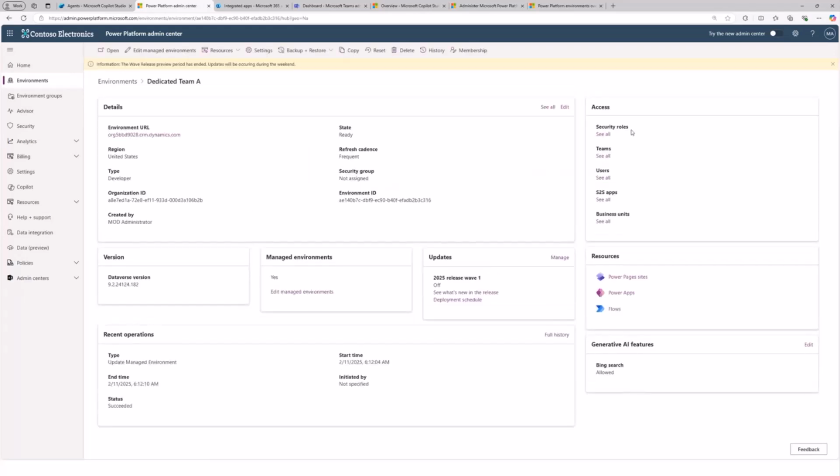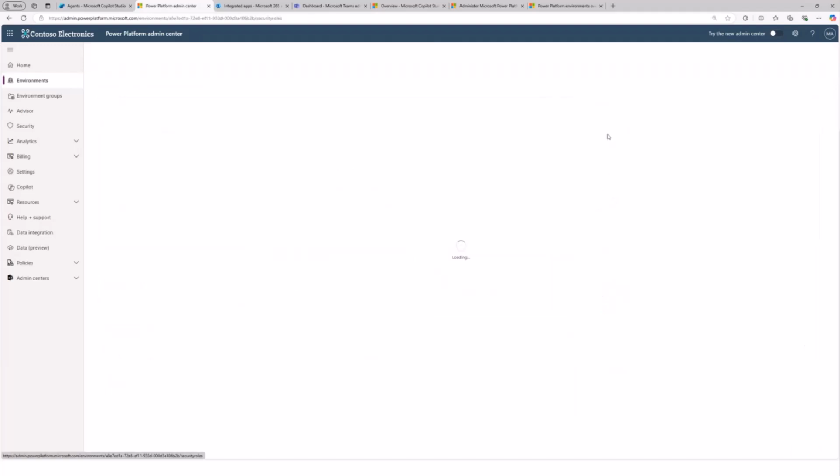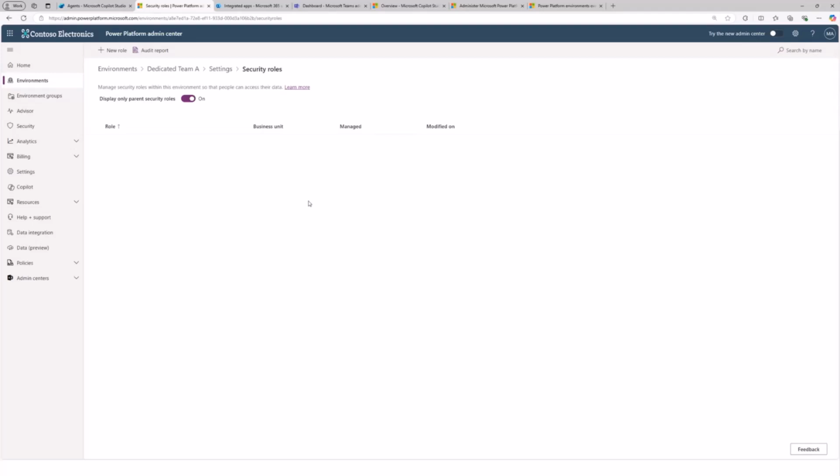The key important things would be the security roles: who can do what in that environment, right? What are the security roles? So if you look at the security roles, you'll find there are a lot of out of the box roles that you have. I don't know why it's not coming up.